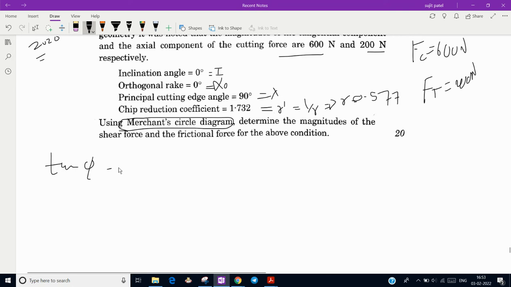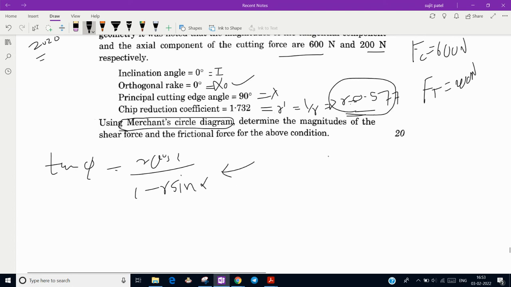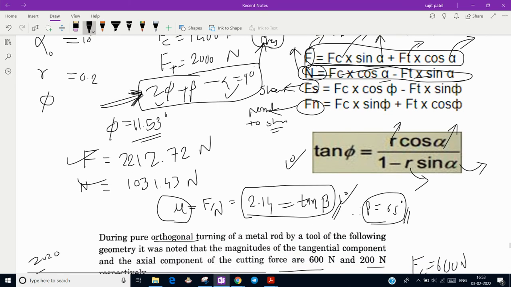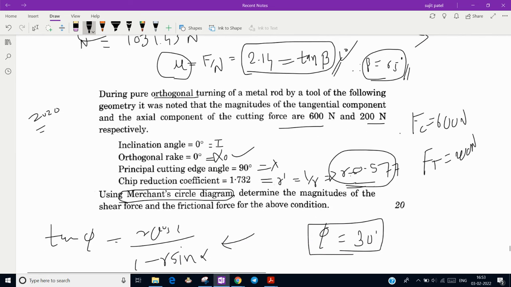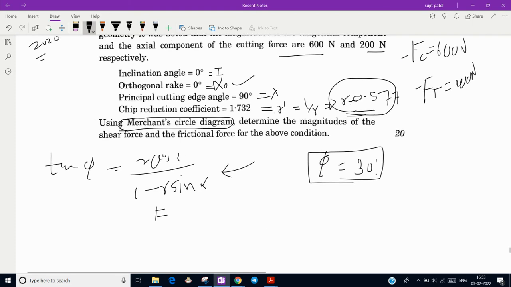Tan phi is equal to r cos alpha upon 1 minus r sin alpha. That equation, we have the value of alpha as 0. Chip thickness ratio that we have found, r is equal to 0.577. Put all these values here, you will get phi as 30 degree shear plane angle. Now the shear force equation, from here you can get, that is Fs equals Fc cos phi minus Ft sin phi. We have Fc and Ft as 600 and 200. Phi value that we have found is 30 degree, put there, you will find the shear force, that is 419.62